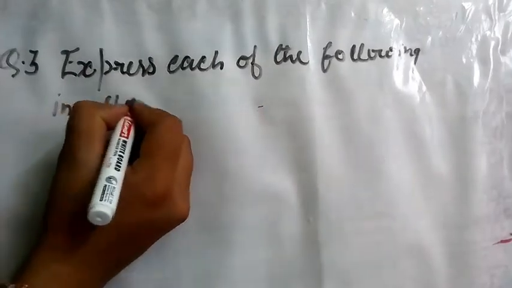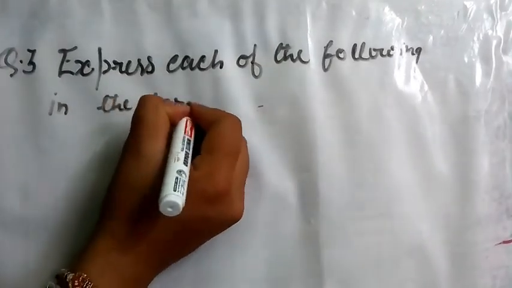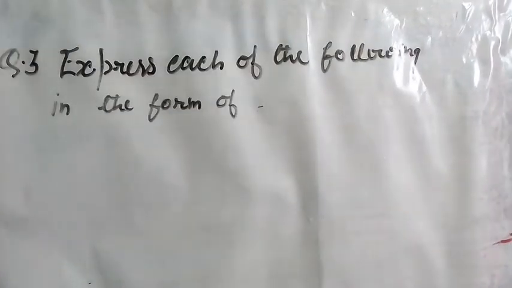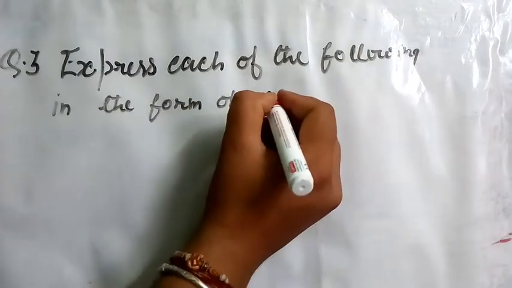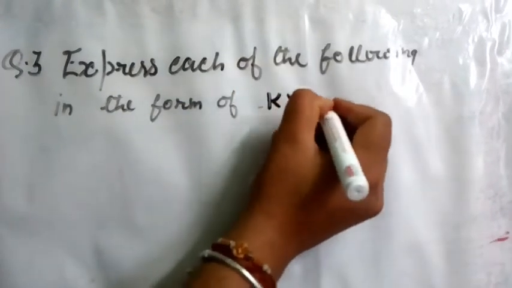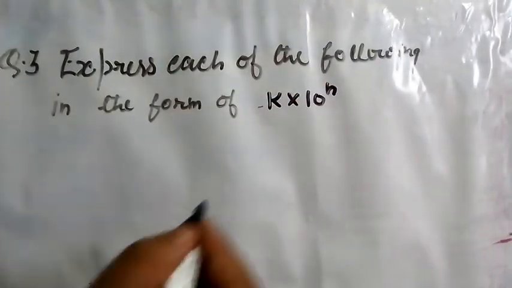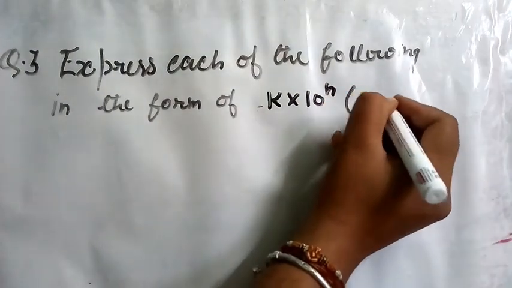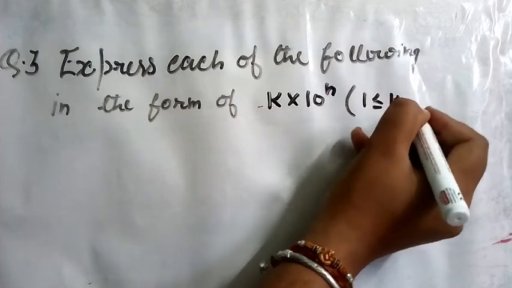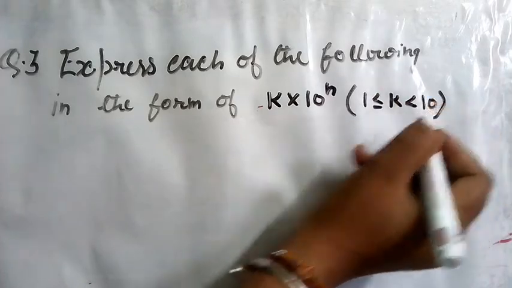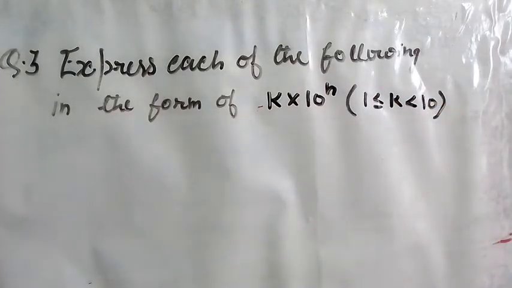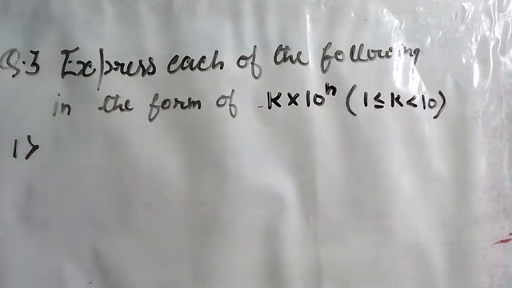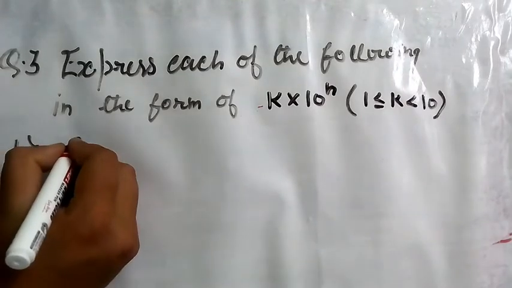Let us see one more question. Express the following in the form of k into 10 raised to power n, where you know that your k lies between 1 and 10. Means the k must be between 1 and 10 always. And the first question is